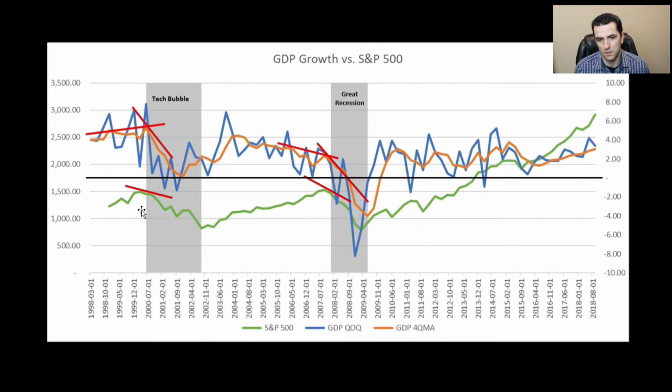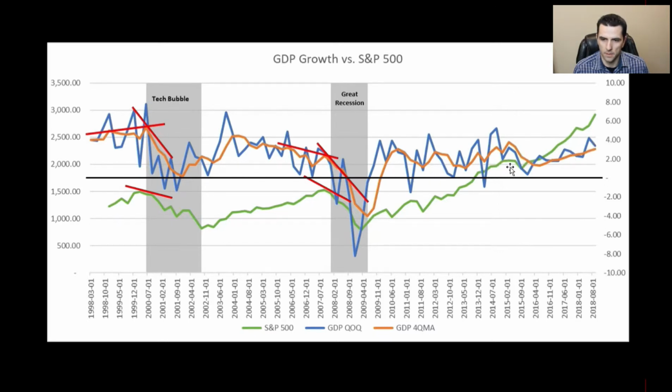So again, what I've done here clearly is highlight the two main recessions since 1998, the tech bubble, and then the Great Recession, which is effectively 2008 through to early 2009. So again, as you can see here, maybe the market started to move ahead of that actual recession. GDP maybe lagged that a little bit, and then on the flip side though, it is a steady climb,